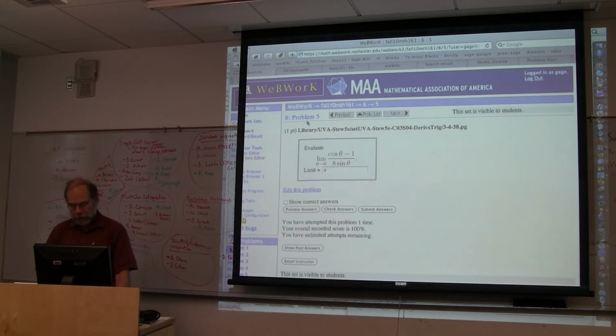So you can get into this as a guest. This is HTTPS, and then math.webwork.rochester.edu/webwork2, and then you will see all of our courses that we're offering. All of them have guest entries, so you won't see it as a professor, but you'll see it as a student, and you can see what the problems look like.